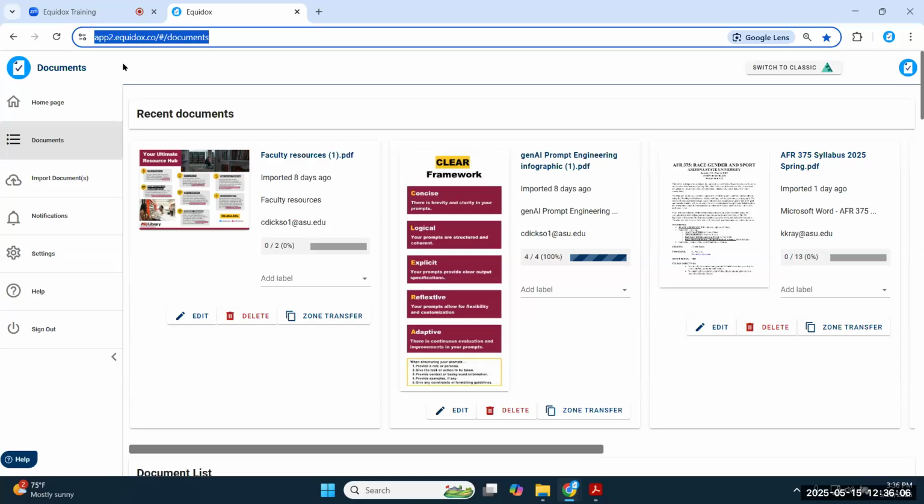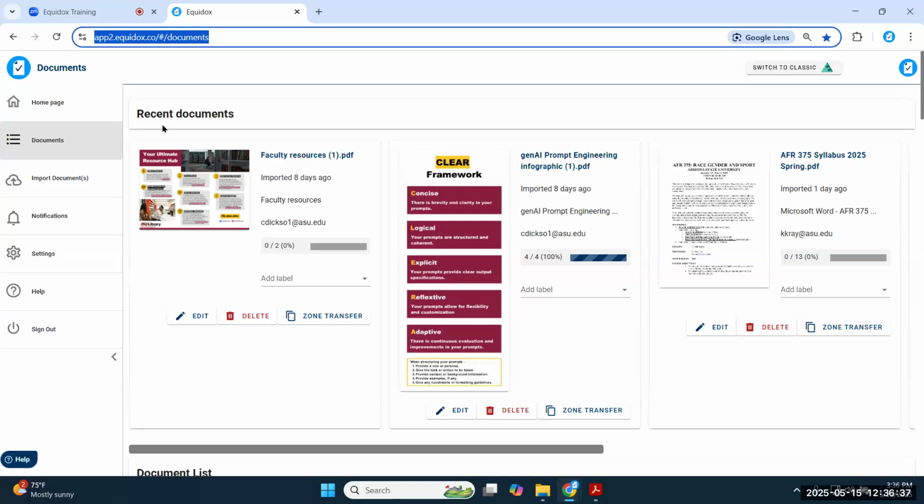I would say my second choice would be Microsoft Edge. So if you don't use Chrome or can't use Chrome for whatever reason, choice number 2 would be Edge. It will work with other browsers, but I always warn people, if you're using Internet Explorer still, which trust me, there are people that do that, you're probably going to have some issues, because Equidox is a very modern application and there are a lot of complexities happening behind the scenes. So if you can use a very modern, up-to-date version of Chrome, that would be optimal.